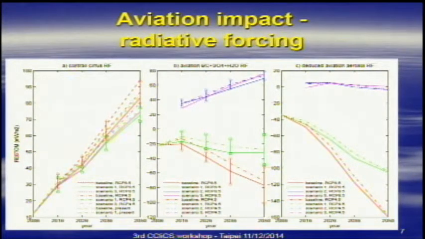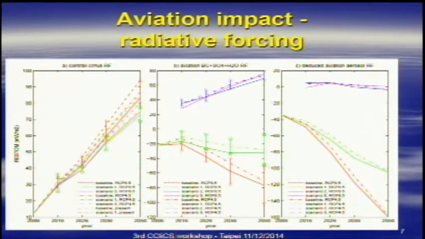Here's actually the final result. The horizontal axis is year. This is the radiative forcing based on contrail cirrus only. Basically, we only consider water vapor emission in the simulation. I would just focus on, first of all, since all the curves are so close together, you immediately know that enhancing the efficiency of the engine is not going to do anything in terms of contrail cirrus radiative forcing. But the background meteorology does matter.